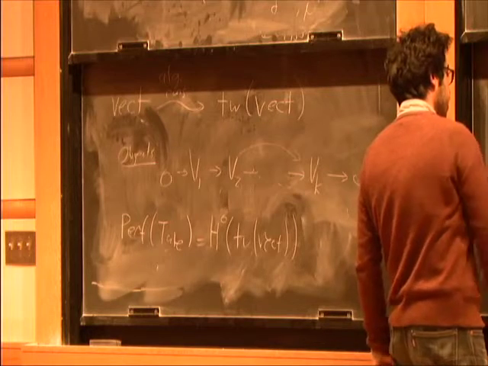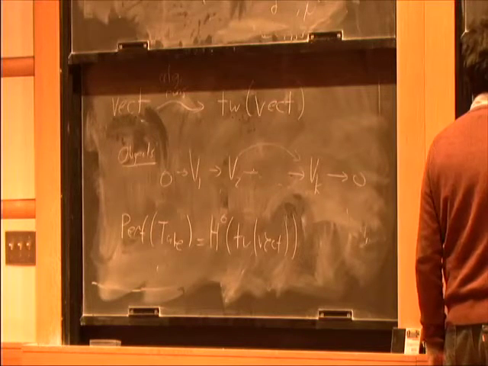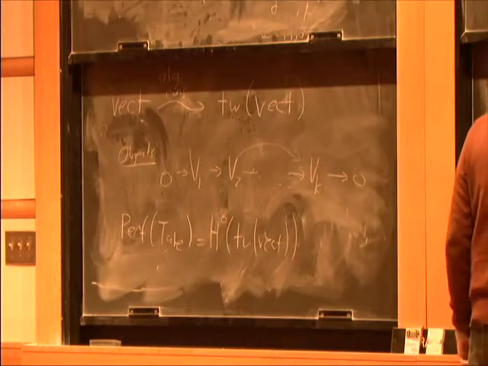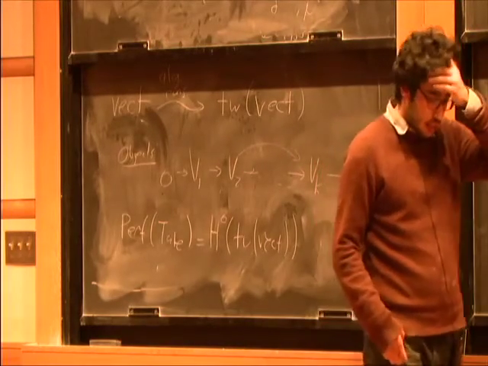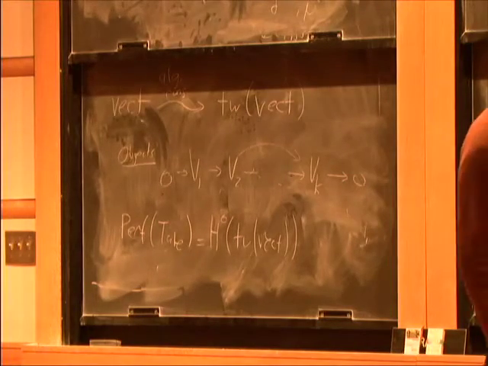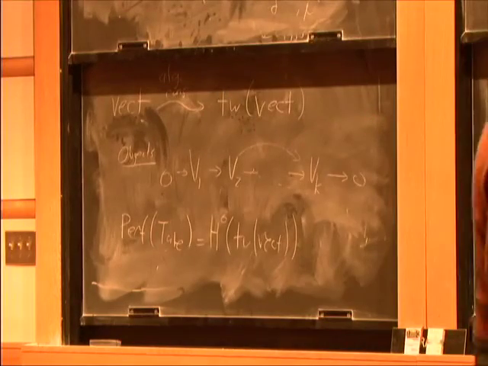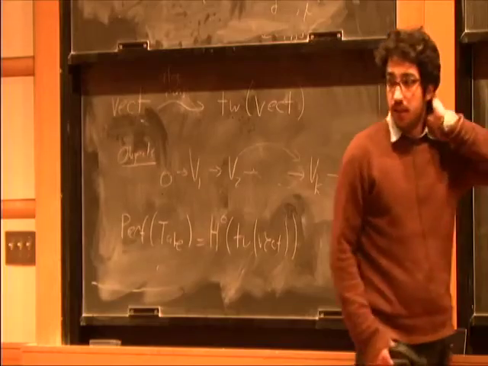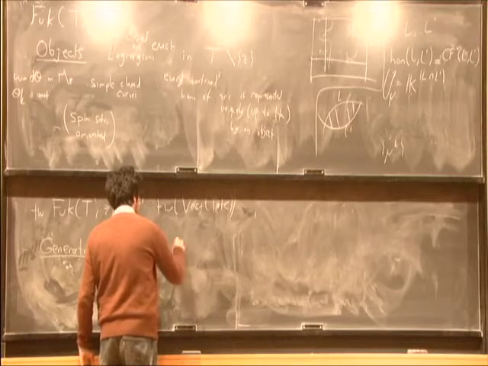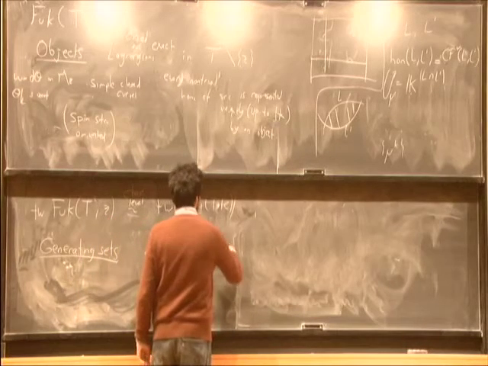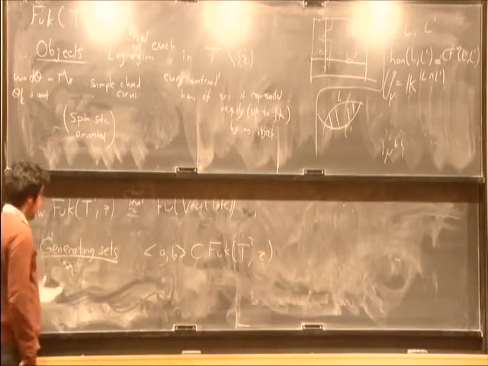So it's the following. We consider generating sets. So this category, Fukaya category of T2Z, is a huge category. Although I described to you all the objects, in general, it's a huge category. And even in this case, I told you that I'm not able to compute all the higher products. Okay, so a simpler thing to do is to find a subcategory inside this, and this subcategory will be called generating set